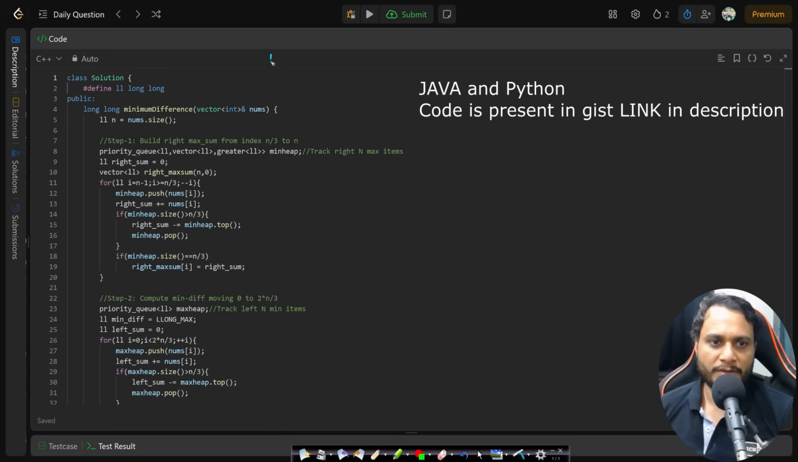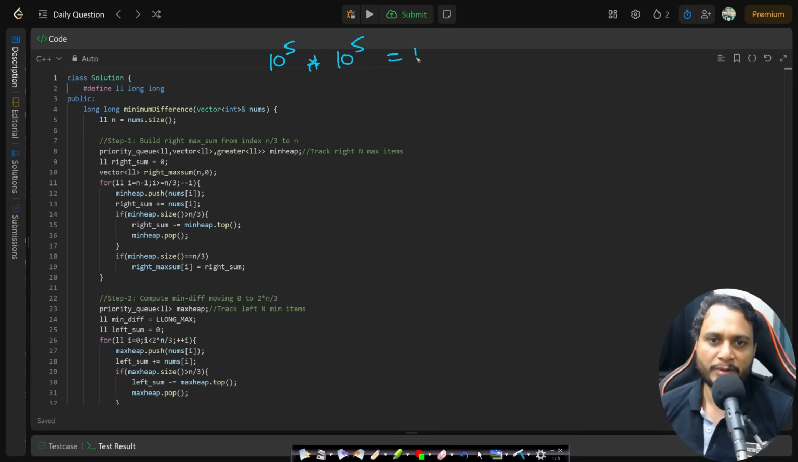In this problem, since we were given 10 to the power 5 number of elements and each of the elements can be 10 to the power of 5, the maximum number can be 10 to the power 10. So just to make sure that we don't go out of bound in terms of 32-bit integer, we have to take long integer. Okay. Now the nums array was given and I will be finding the number of elements, and simply